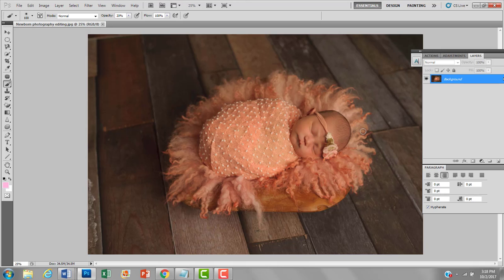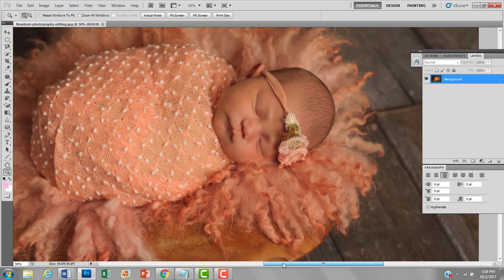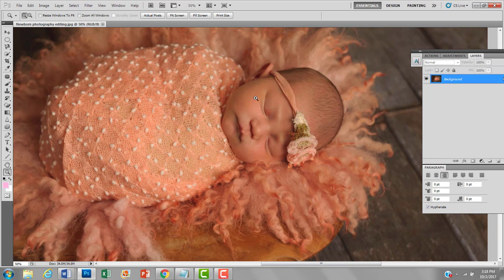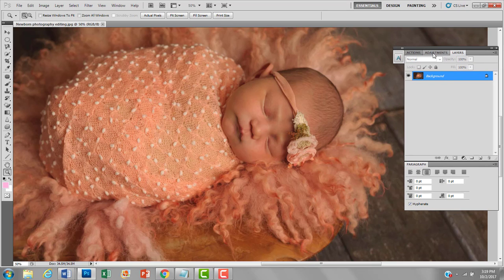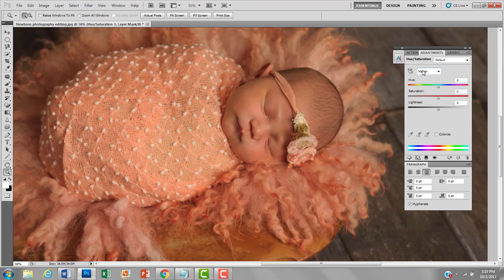Actions this time. So here's baby. She was really jaundiced and she's holding a lot of red and oranges in her skin. So here is how I'm going to give her a creamy skin tone. I'm going to start by going to adjustments. I'm going to click on hue saturation. I'm going to shift this down from master to reds because that's what we're going to work on, the reds